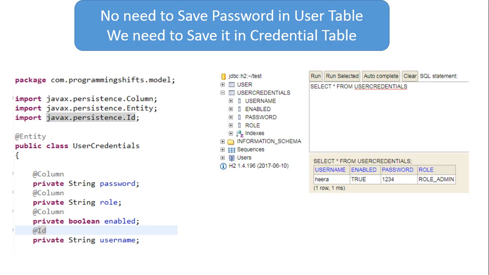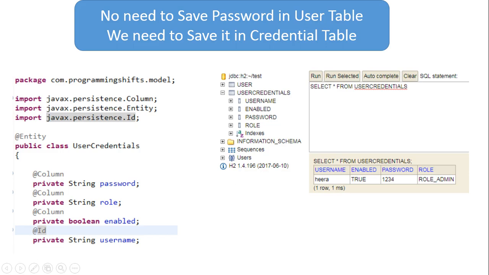So we need to create another table for the password storage for a particular user and their role. I am creating another model class, user credential, that will store the username, role, enable, and password. It will be stored in another table in the H2 database.